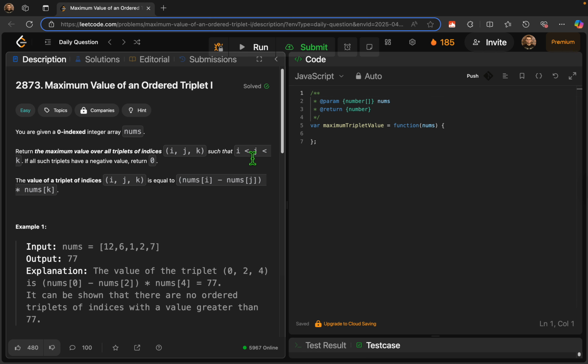So we will create 3 variables. We'll start with result, which will be equal to 0. Then we will make difference, because we need to calculate the difference between nums[i] and nums[j], and multiply it by nums[k]. So we can pre-calculate first what this difference will be before multiplying it. And lastly, we'll need the left side